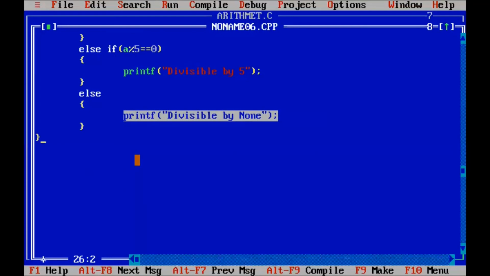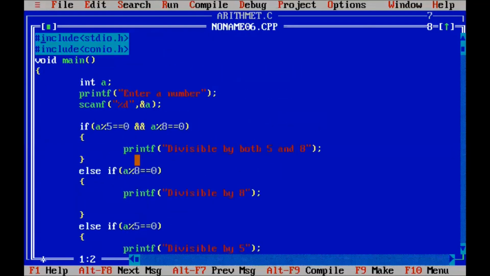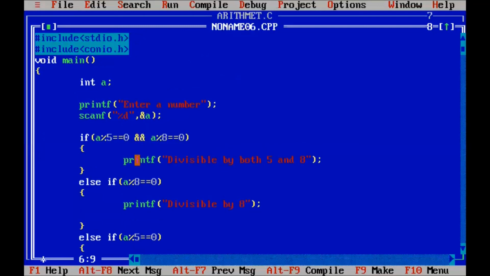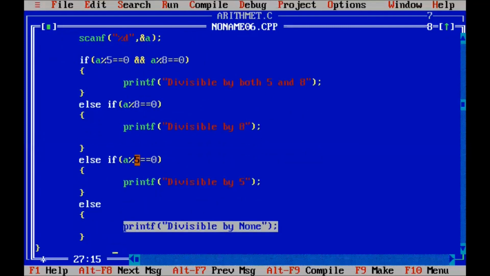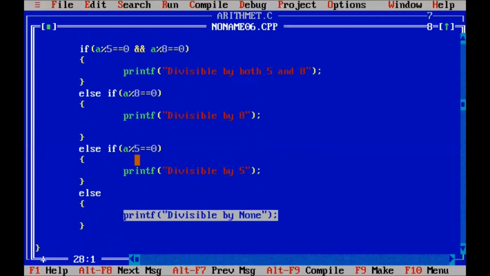Okay, this is complete. Here we also write clrscr for clear screen, and here we also write getch.